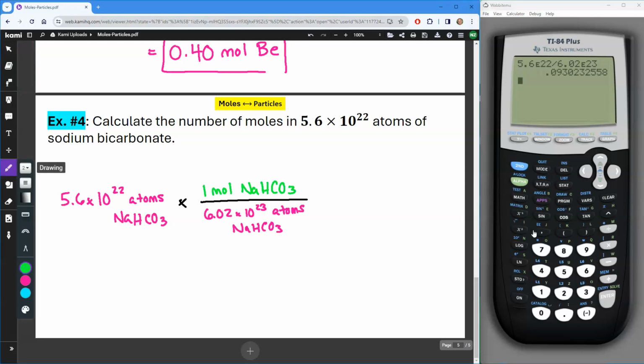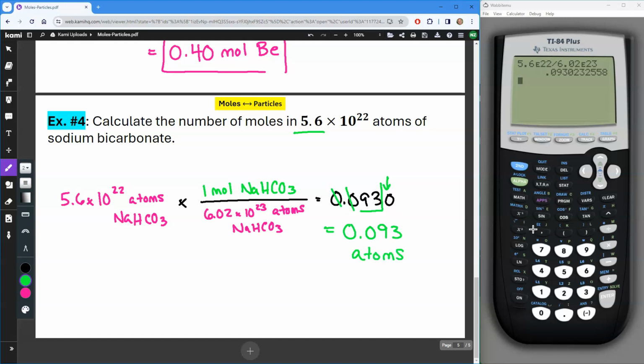Okay, so let's see here. We got 0.0930. 2 sig figs? No, no. So we start underlining here, and then we look at the next number. So my final answer would be 0.093, and then my units will be atoms